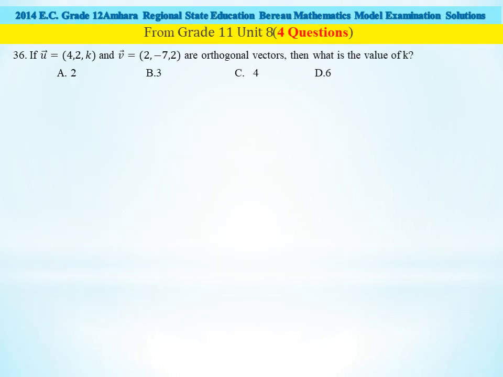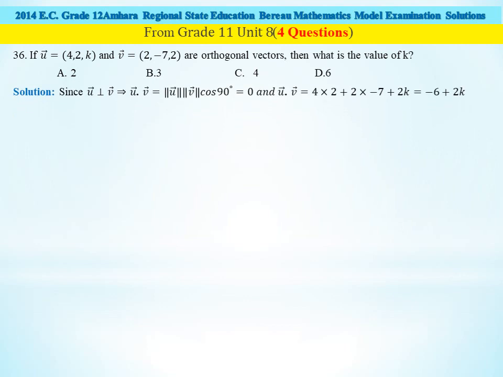Question number 36. Here we have two vectors, vector u and vector b, which are orthogonal vectors. Then what is the value of k? Two vectors are given. If both vectors are orthogonal, what should the value of k be? Here, since vector u is perpendicular to vector b, that means vector u dot vector b is equal to the norm of vector u times the norm of vector b times